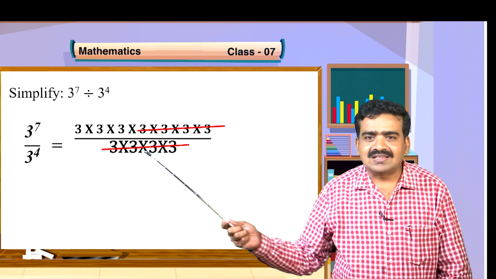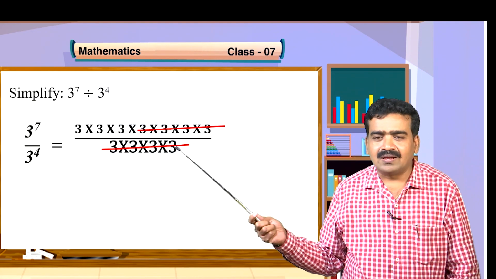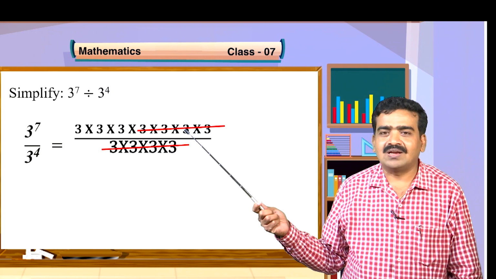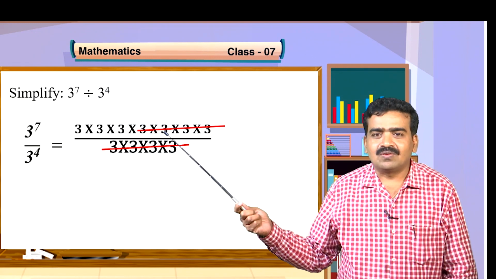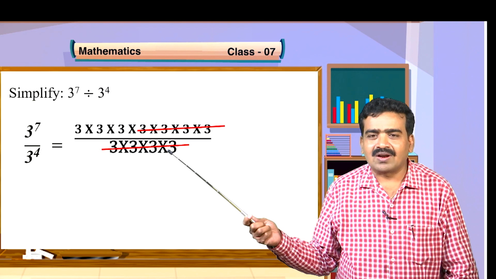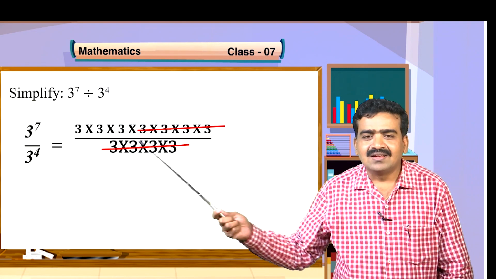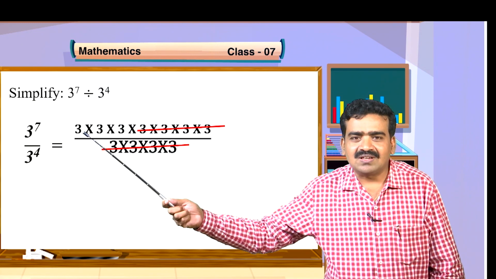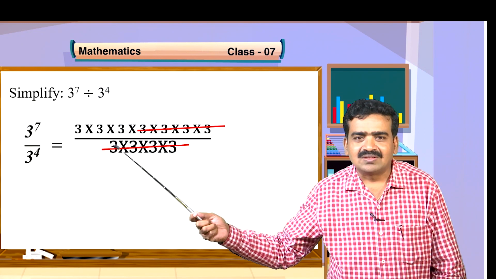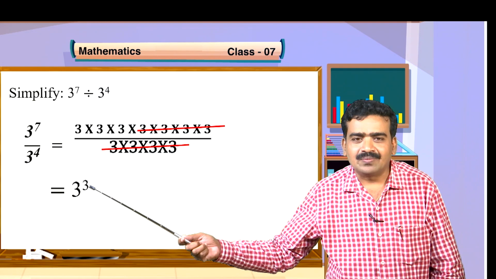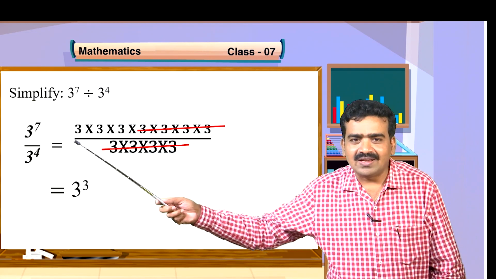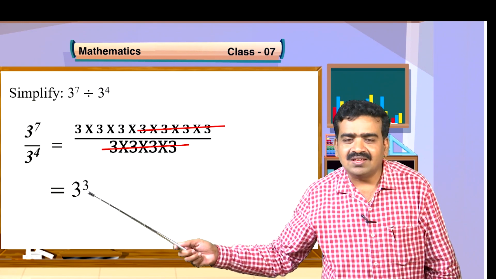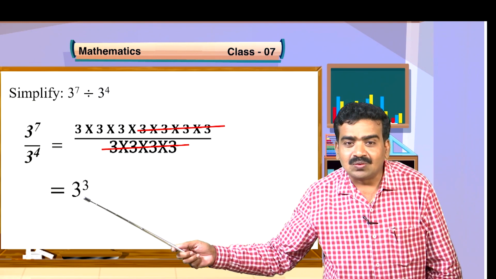So, you can cancel these 4 repetitions of the 3 with the repetitions of the 3 four times in the numerator. Therefore, these 4 products of the 3 are going to get cancelled. Then the remaining product of 3 is 3 into 3 into 3, which is equal to 3 cubed. So, when we simplify by expanding the exponents, we get 3 cubed, which is equal to